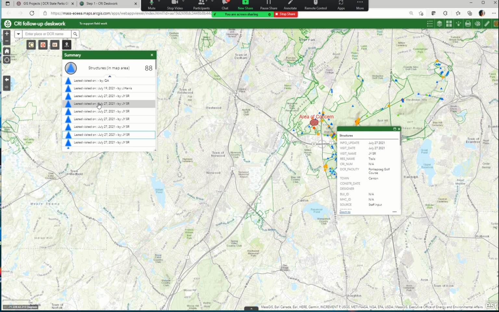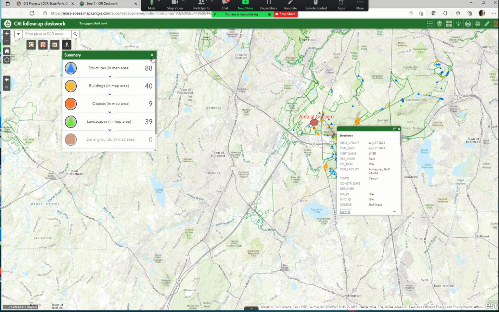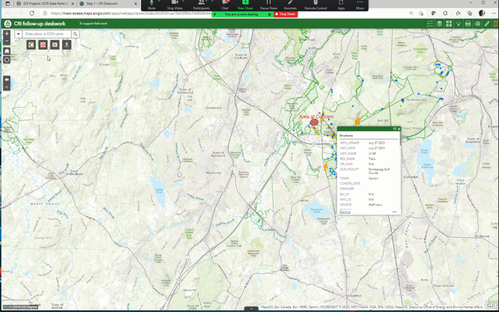I can also customize this to something that suits you better. These are just fields in the data set that I'm reporting here. If there's something else you would rather see, get back to me. If there's any other tools that you would like to be added, this is for those of you who do GIS like George, I imagine this is a web app builder app, and these are just out of the box widgets. So please let me know anything you would like to be changed that might make your life easier. I'd love to learn from your GIS skills,